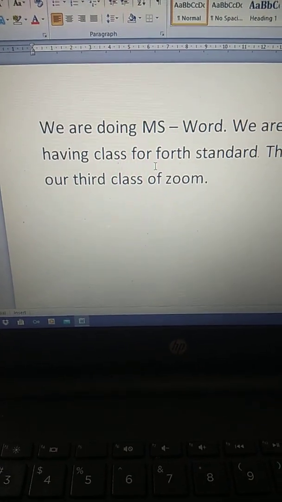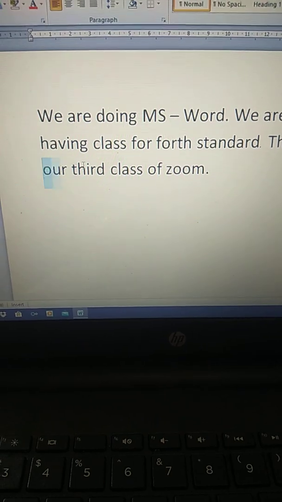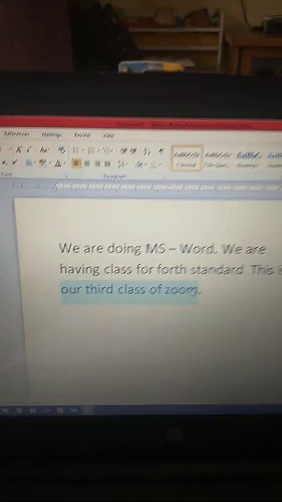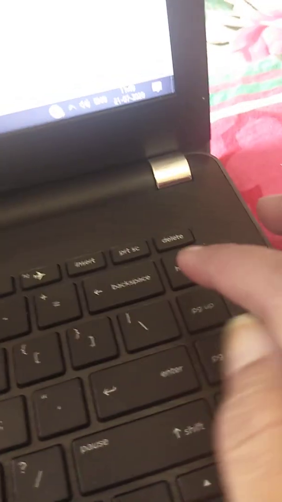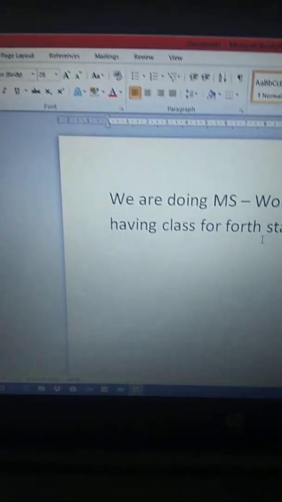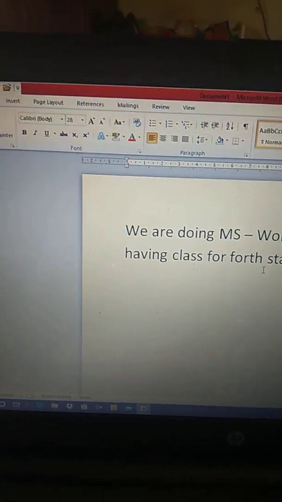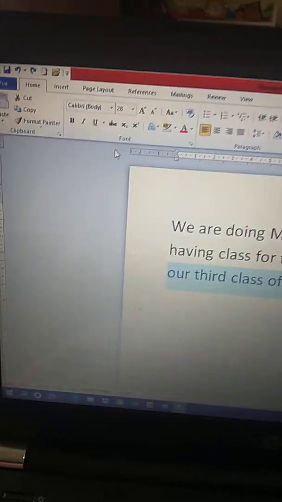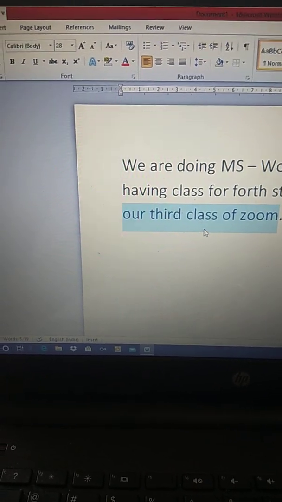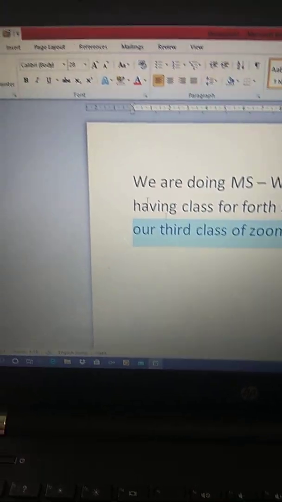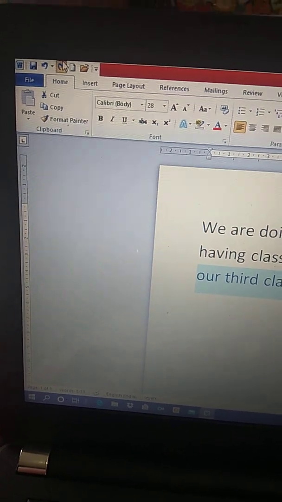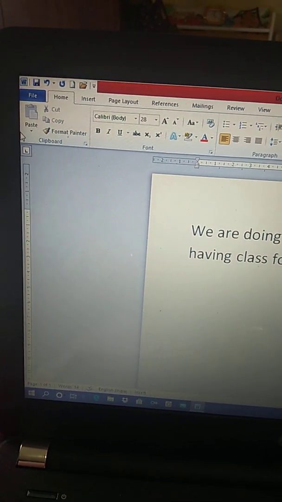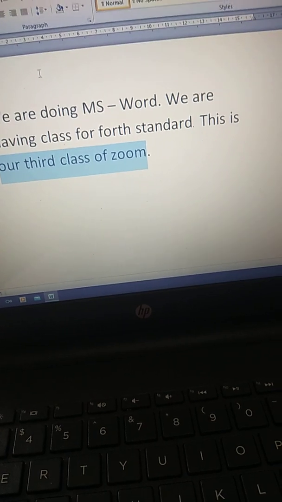Now the first function: for example, I want to delete these 3-4 words. When I press delete on the keyboard, they will be deleted, and if I want to bring those words back, I'll just go to undo and they will be back. Now redo will cancel the undo action. Undo has brought back these words again. Now redo will again remove these words. When I do redo, it will remove these words, and again if I do undo, they will be back. So this was undo and redo we have done earlier.